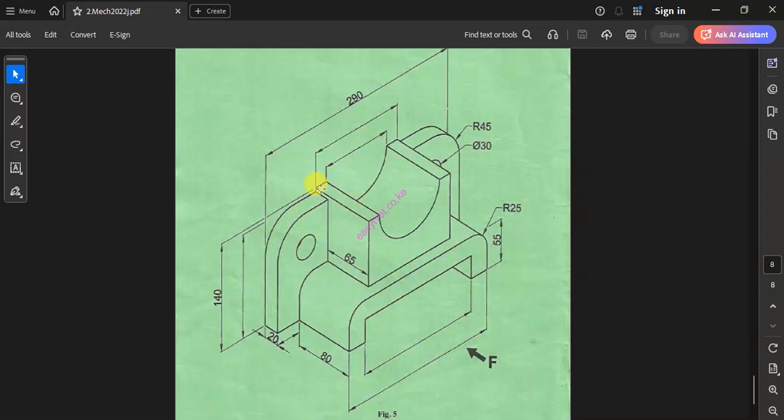As you can see, the distance from this point to this point has not been given, so we'll begin with that as our first assumption. So I'm going to take that the distance from this point to this point be slightly off with 5 units. So I'm going to draw a rectangle of height 135 and a total length of 290. So coming back,